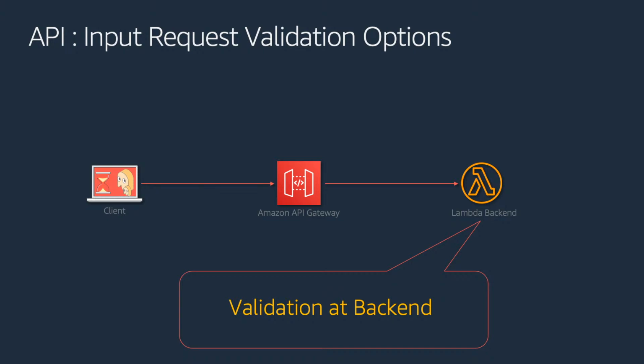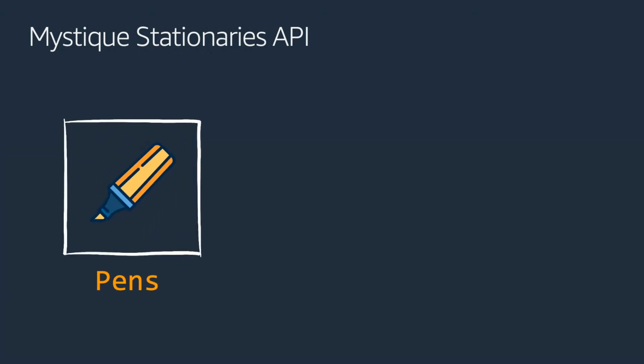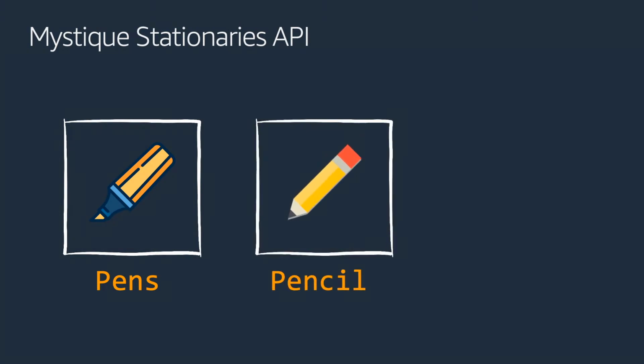So what we are going to do now is we are going to take up an imaginary API, which we are going to later deploy, and see how we can do this validation in a very simple way that is easy to understand and easy to follow. So our imaginary API is going to be a Stationaries API. So basically this Stationaries API is going to have a stock called pens. It might be multiple different types of pens, or one type of pen with multiple quantities, and each of them will have some price associated with it.